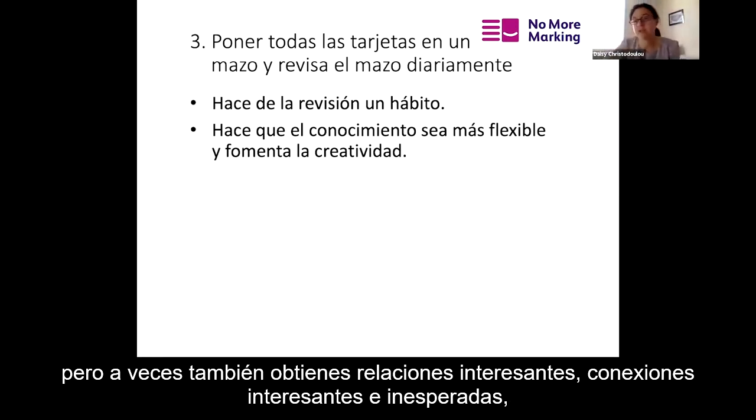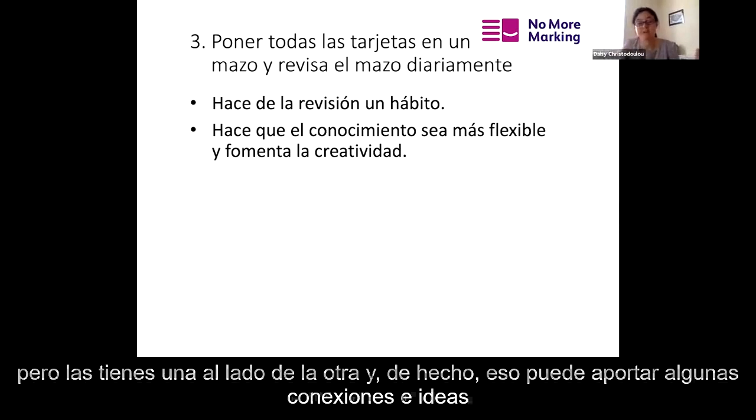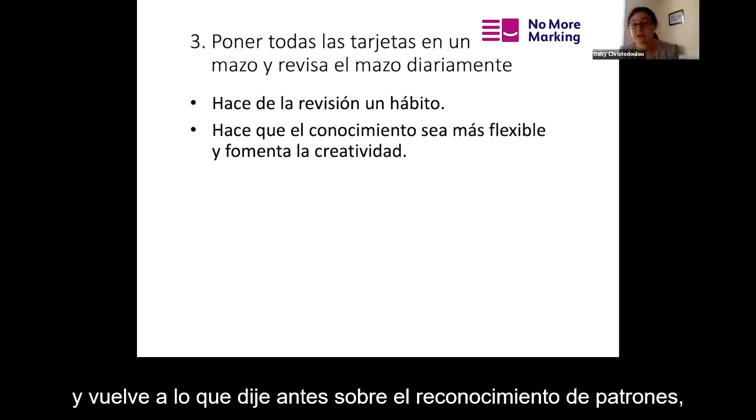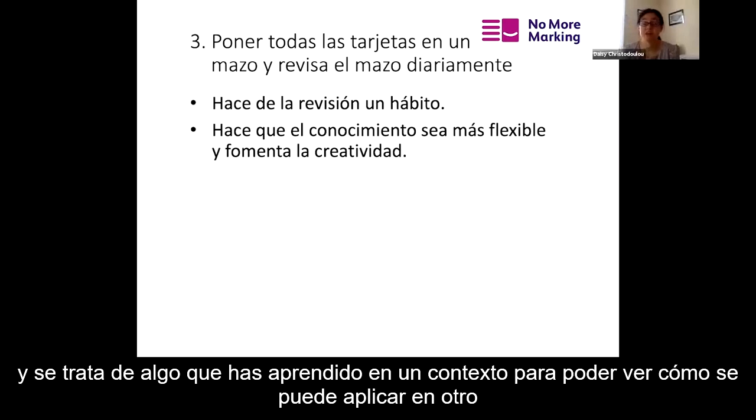But you also sometimes get interesting links, interesting unexpected moments of serendipity, where you have two things that are quite unrelated, but you get them next to each other, and actually that can spark some connections and insights. And it comes back to what I said before about pattern recognition, that a lot of creativity is about pattern recognition,